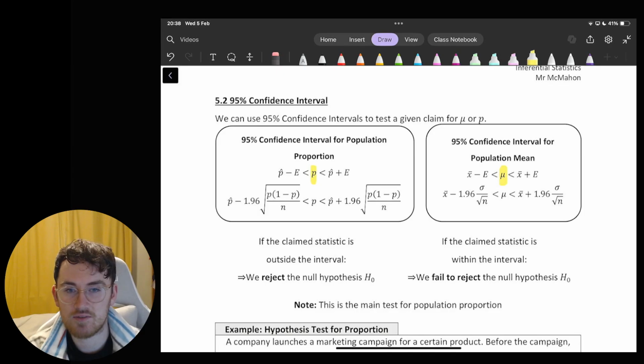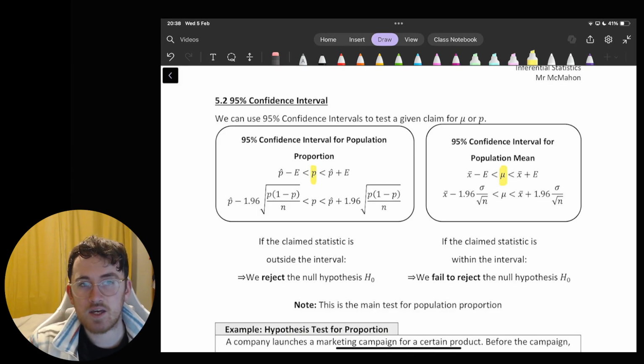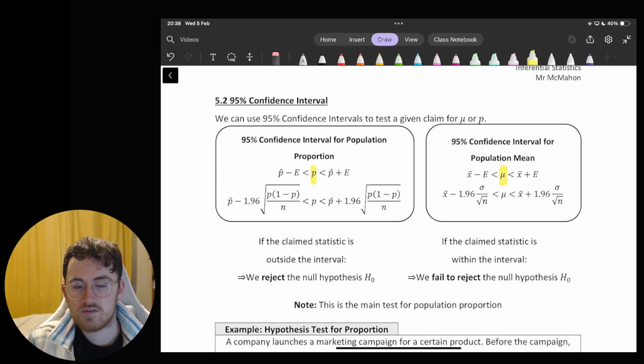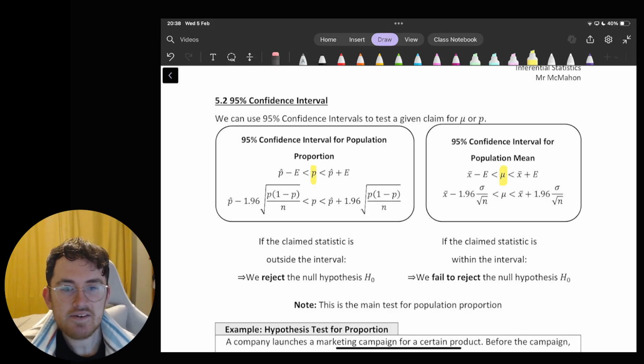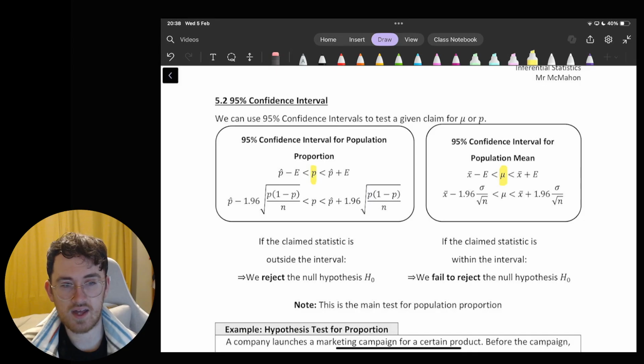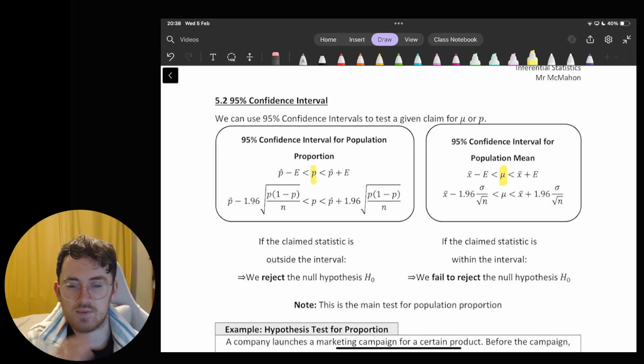including our 1.96 as well to account for the 95% confidence, because we're basically saying we want a value that is 1.96 standard deviations away from that sample, that population mean or population proportion or whatever it is. If the claim we have is outside the interval, then we reject the null hypothesis. We're basically saying we are 95% confident that the true value is within this range. So if the claim is not within this range, then we are 95% confident that we can reject the null